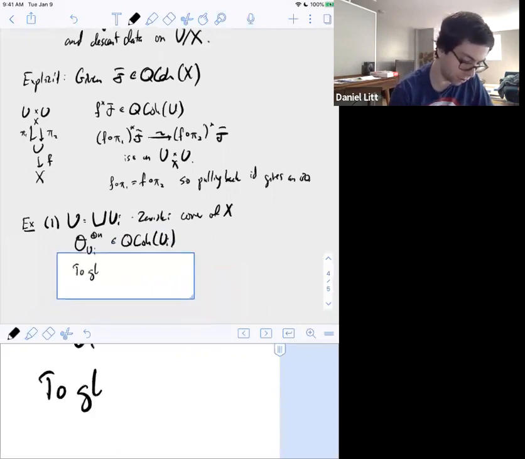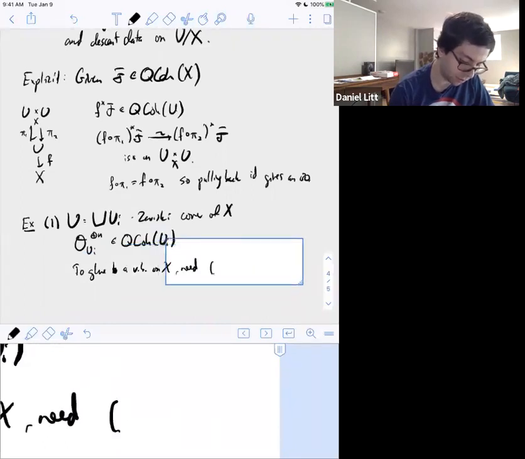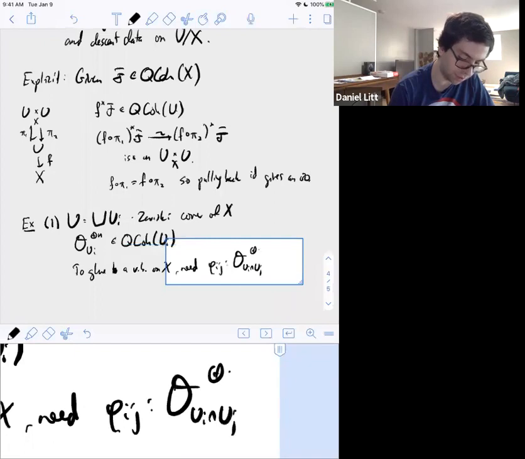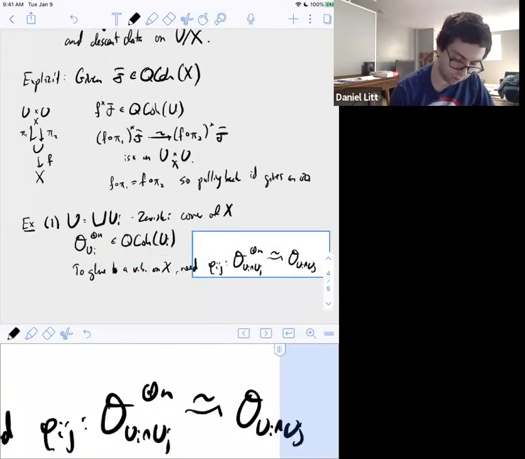To glue to a vector bundle on X, we need some isomorphisms phi from O_{U_i ∩ U_j} to the direct sum n to O_{U_i ∩ U_j} to the direct sum n,